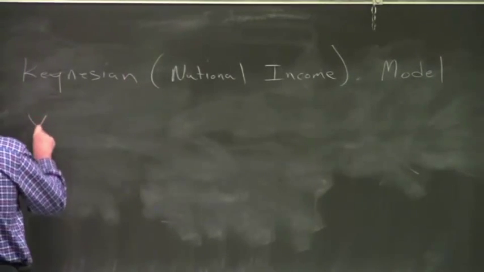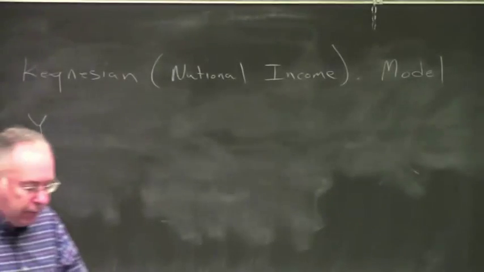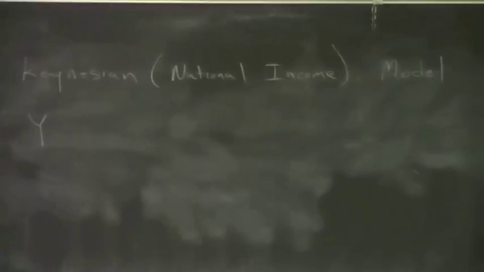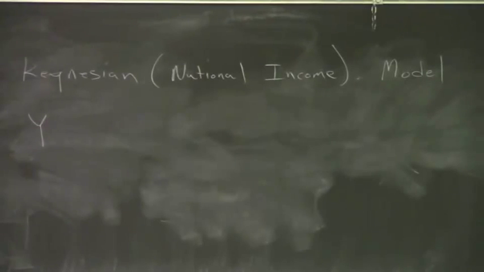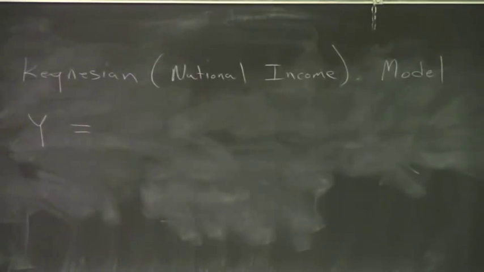Let Y be national income for an entire economy. So it's the income of all the individuals within an economy. Okay? It's an aggregate income for an economy. And in equilibrium, national income will be equal to planned expenditures on goods and services. And goods and services are divided in the simple model into three categories. Consumption goods,